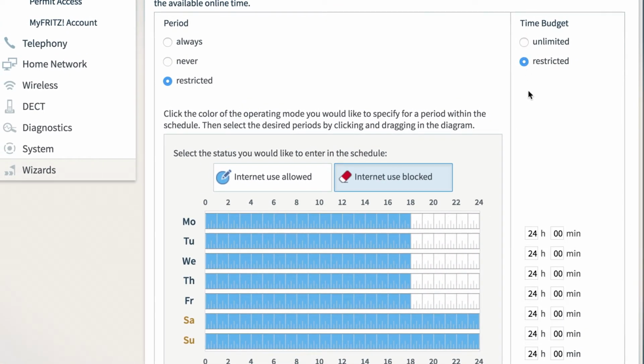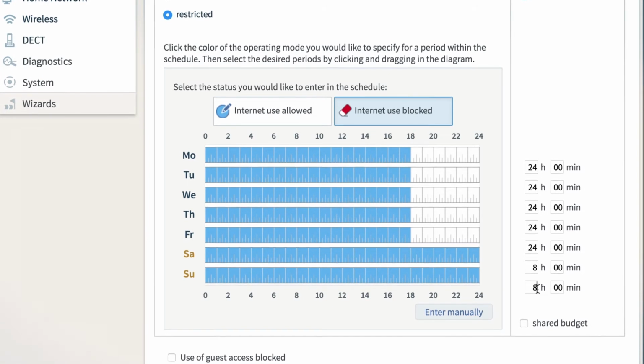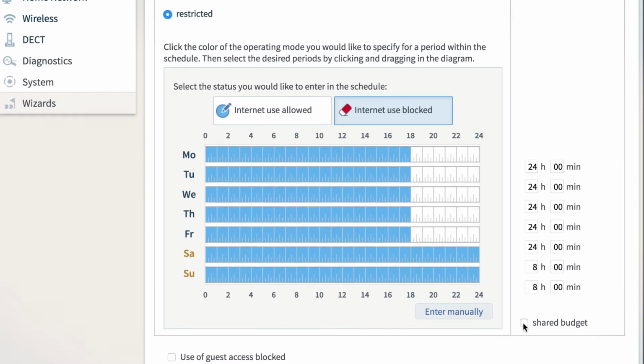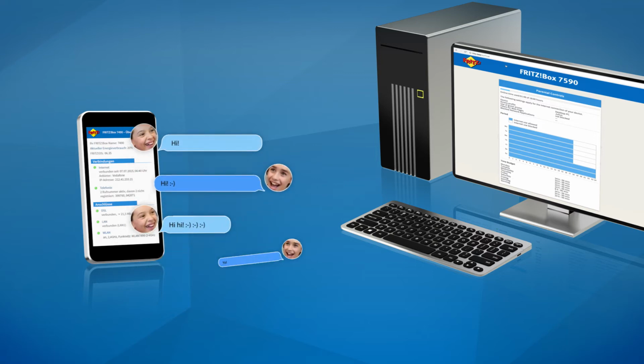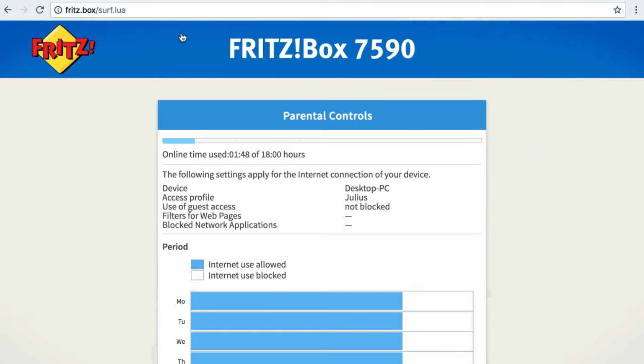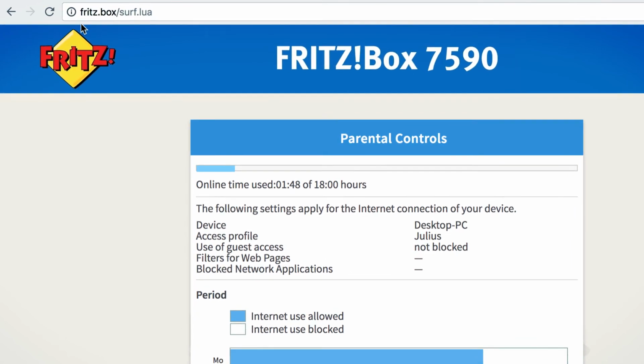So if you want to give your kids access for the entire weekend, as seen here, you can limit the available online time here. If you use the shared budget feature, all network devices assigned to this access profile share the respective daily budget. For example, when a smartphone is right next to the PC for homework. By the way, it's possible to check how much time is left in a budget from any network device by accessing